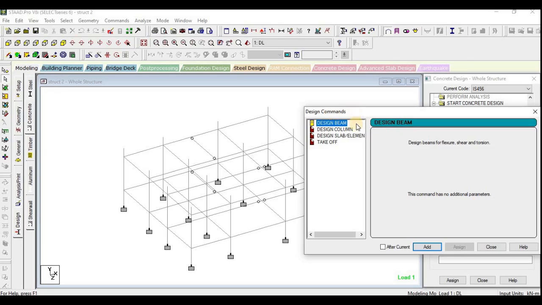Here, design slab or design element: if it is a plate element, it will be designed. If you give this as a slab, it will be considered as a slab or element, and it will be designed. The next is takeoff. Takeoff means, for estimation, we will be calculating the quantity we need.